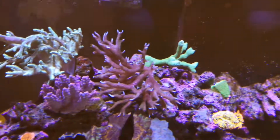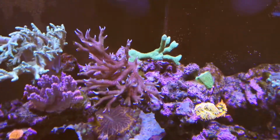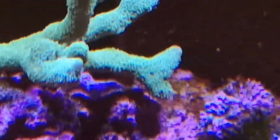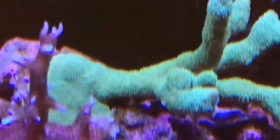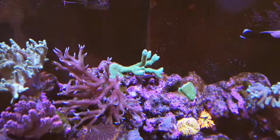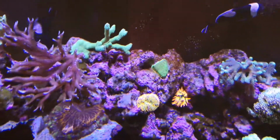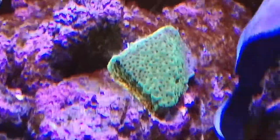And the same with the green thing. If you look at my last update, you'll see this nub part here, this wasn't here. But that's growing really well. Really happy with the growth of that. This, I'm not quite sure what this is. I think it's a Montipora. He's actually beginning to grow on the rock now, so that's good. It's good to